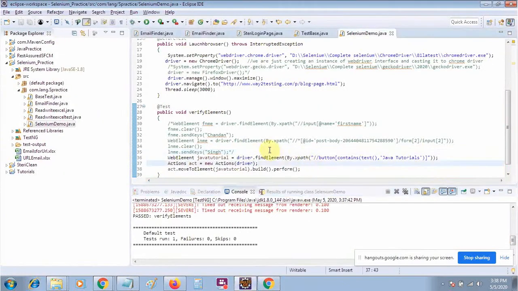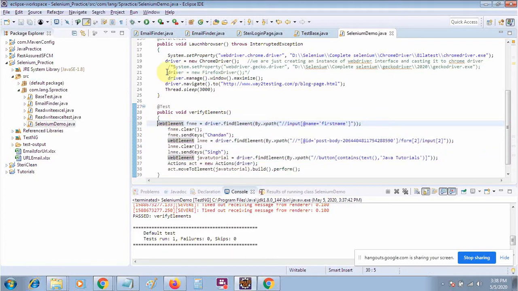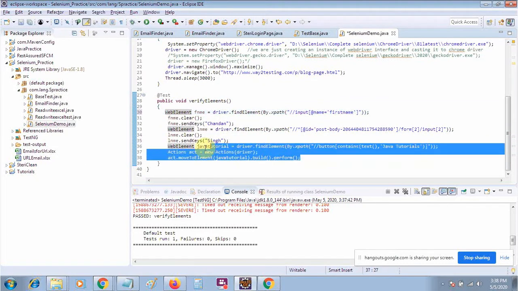Now let me do one more thing: how you will select a value from a list box and perform some operation on it. Always remember, in your life you will get only three kinds of list box. Let me first open the practice page.